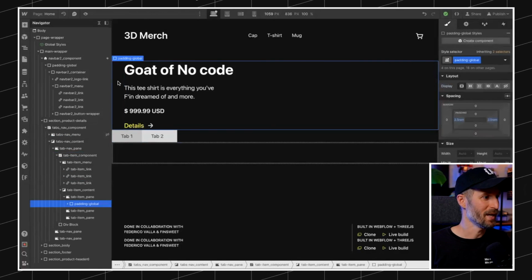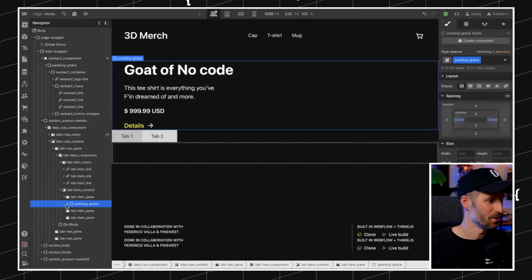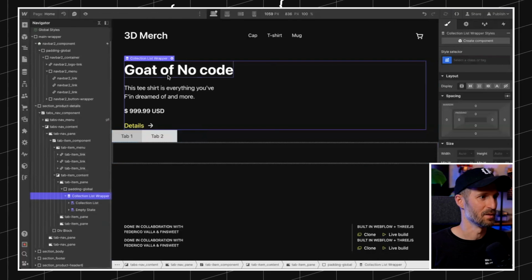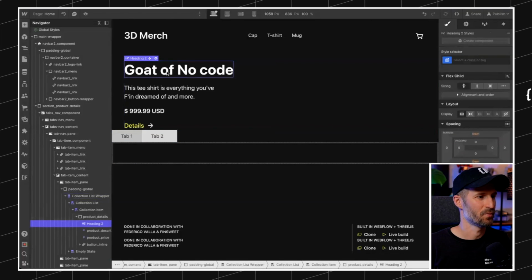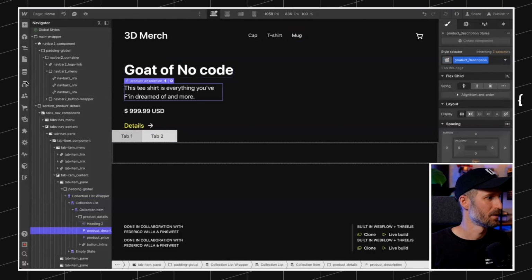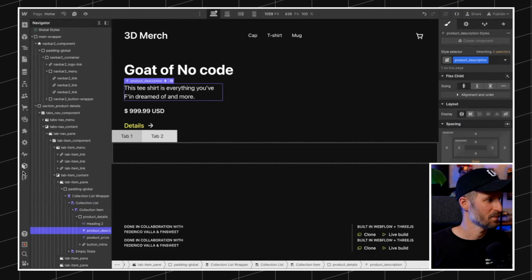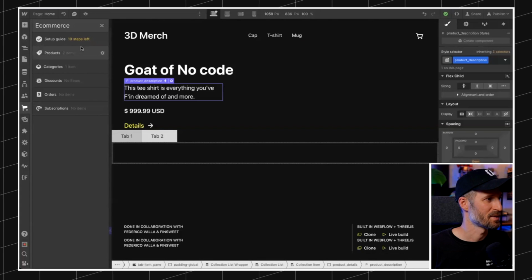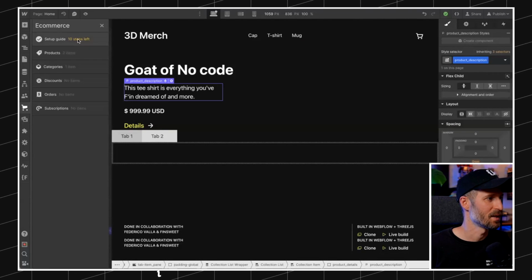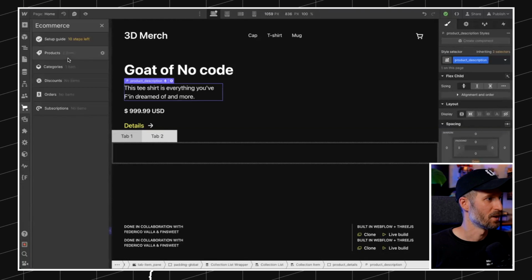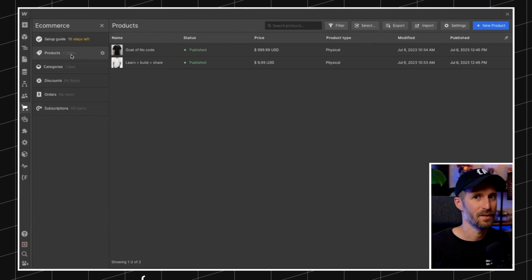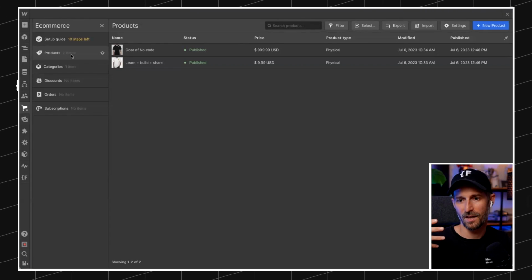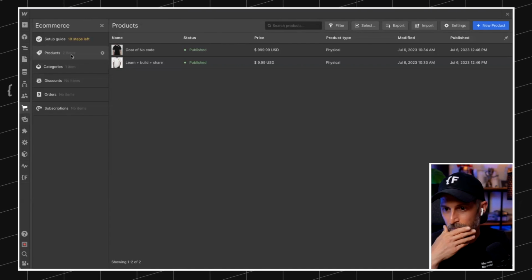So what we do have here is, I already brought the collection list here. This information comes from our products. Where are our products? Here. Good. So what do we have in setup? This is a pretty basic setup. And we have products, right? I didn't change any fields, but we do need to add, for this 3D to work,